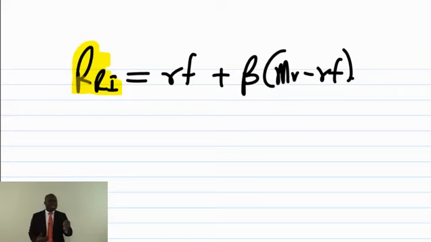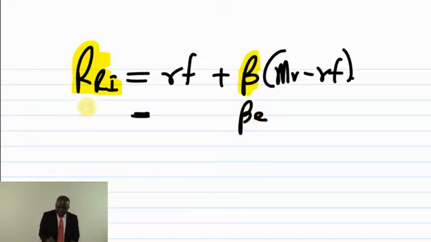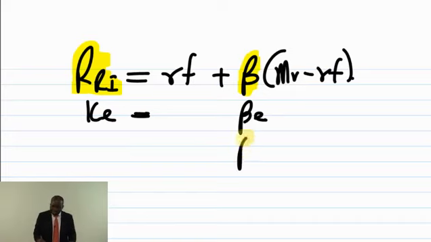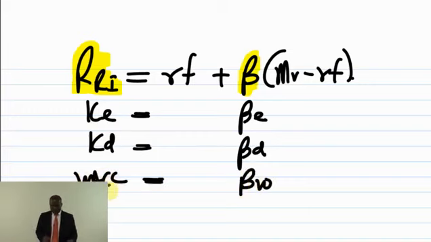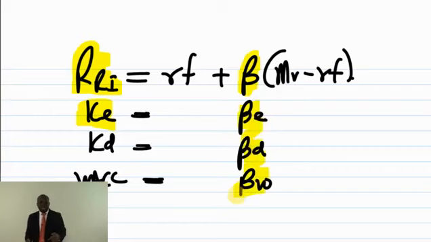Okay, what is the determining factor? What is the determining factor? It is the beta you are putting here. If I put in equity beta, I get cost of equity or return on equity. If I put in debt beta, I get cost of debt. If I put in the weighted average beta, I get WACC. Simple. Even though I would have to emphasize that in most cases we need the CAPM to calculate cost of equity, it's not only cost of equity that we can use CAPM to do. We can use CAPM to calculate return on any investment as long as its beta is given. So the beta that you put in is what will give you its corresponding cost of capital.